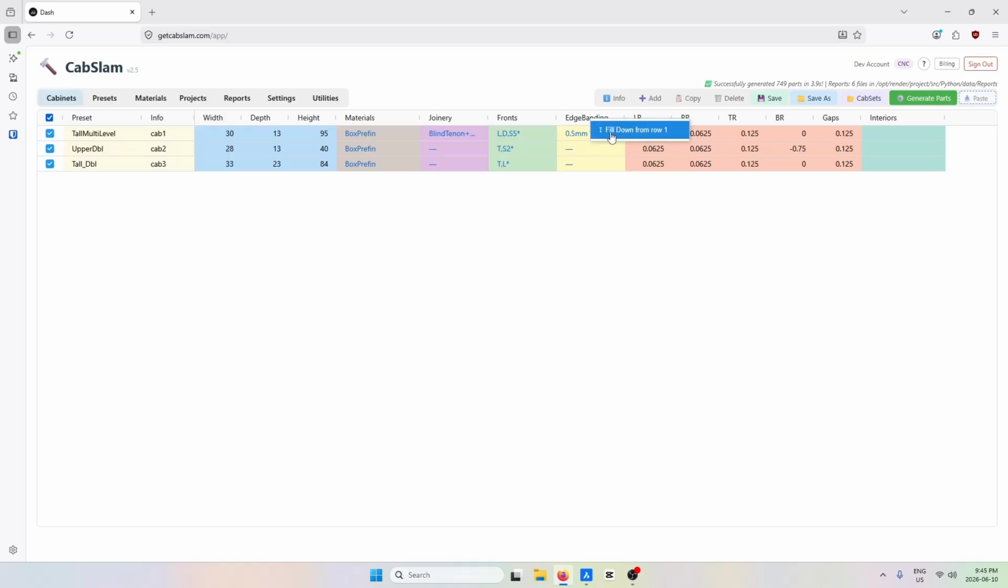Here's another hidden feature: fill down from row 1. So if row 1 is half mil wood, you can make them all the same. Just right click and bam, there. Okay, let's try this again. So now that that has been set,